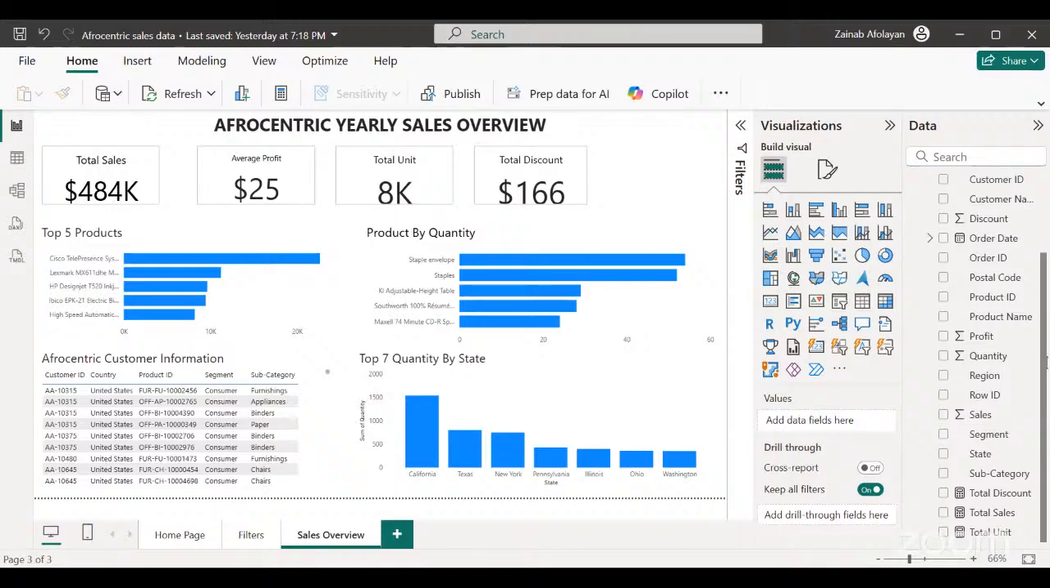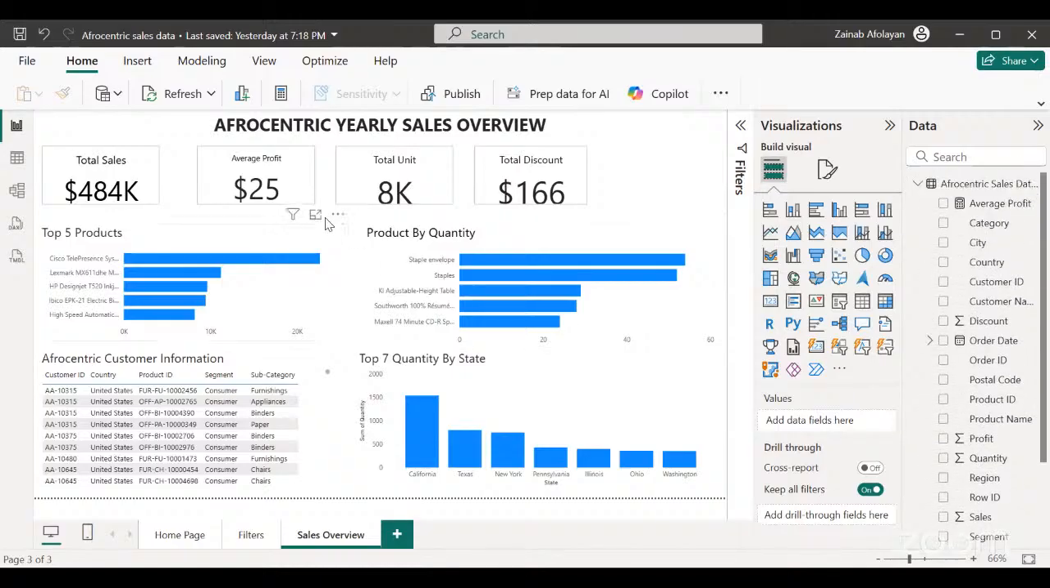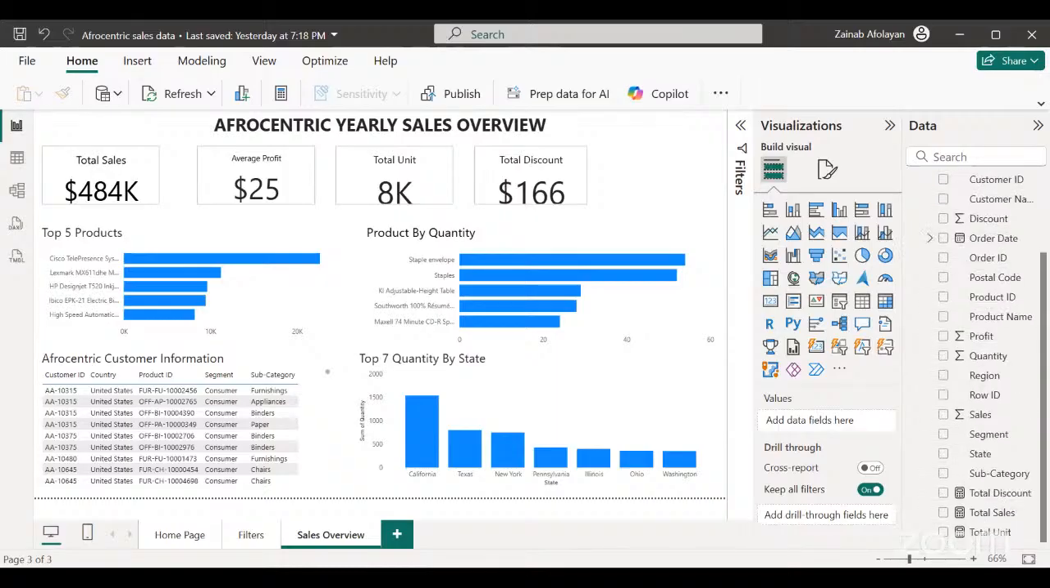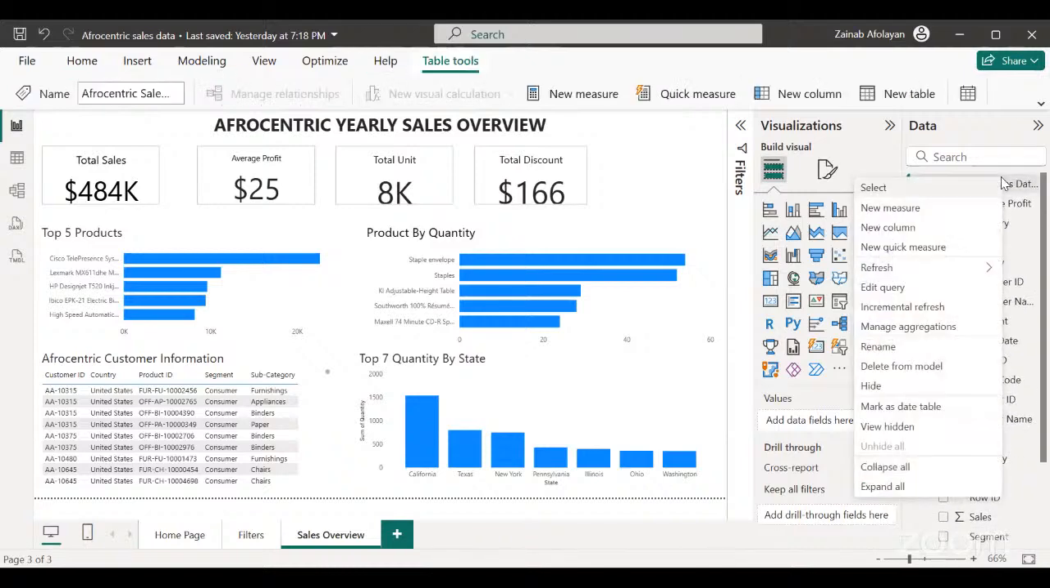So we showed average profits. We showed sales. Can we show region? Aside from average profits, you can even show the total profit. Exactly, the total profit. So I'm just going to right click on this and do new